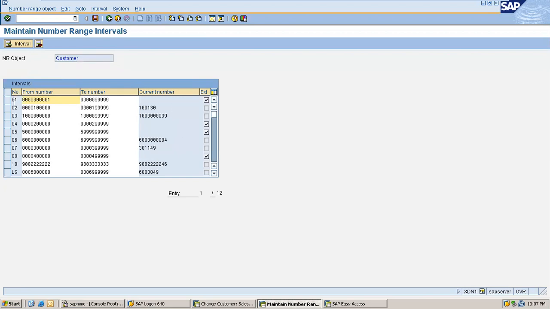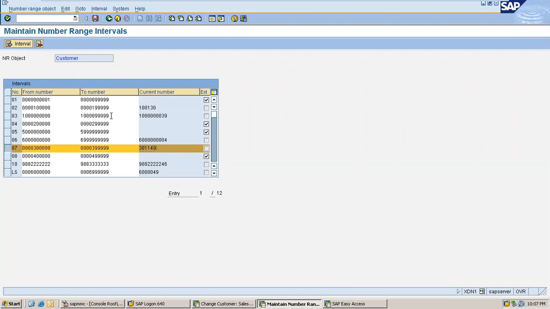Okay, now once you click on the pencil change option, you will see numbers like this. These are number range identifiers. Then this is the range which will be used. Currently I am using this number range. So if I create a customer number with the old configuration, the next customer number would be 49.